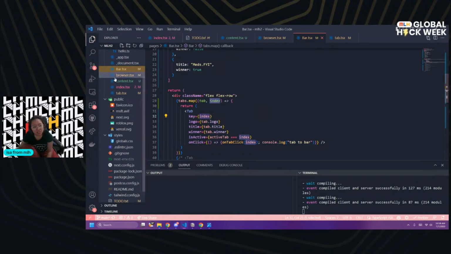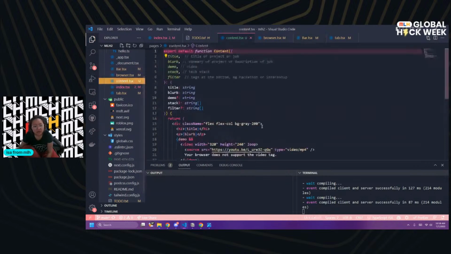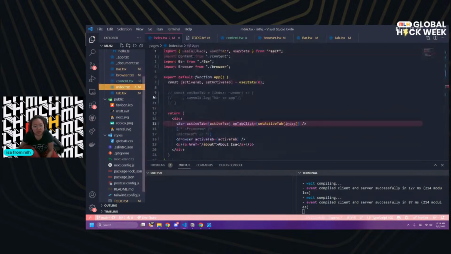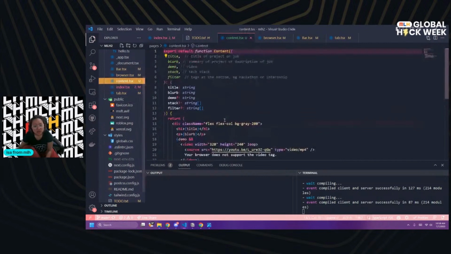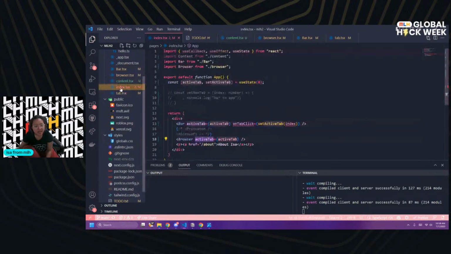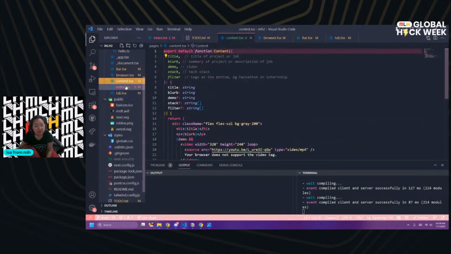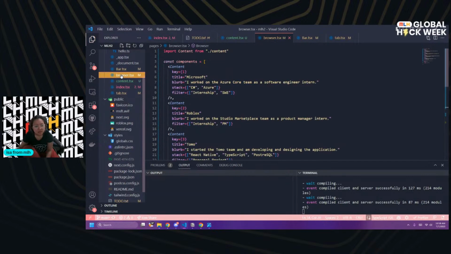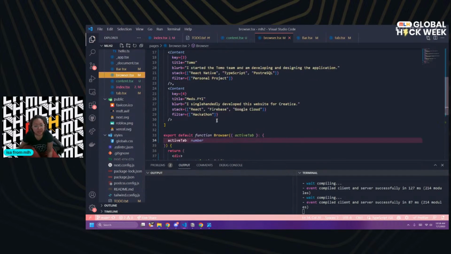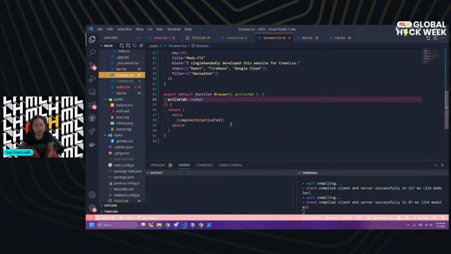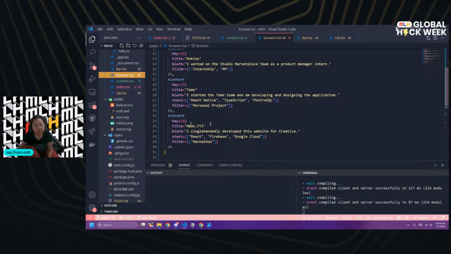What isn't changing is the content though. So content, let's go to what active. See, so here my browser has active tab. My browser has active tab. And it's only pulling